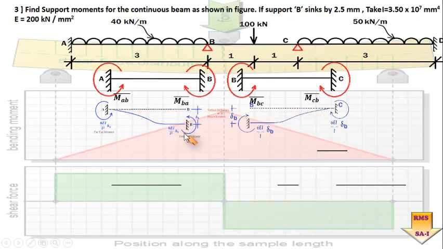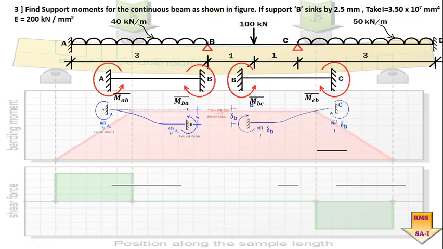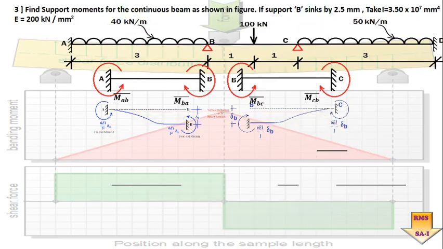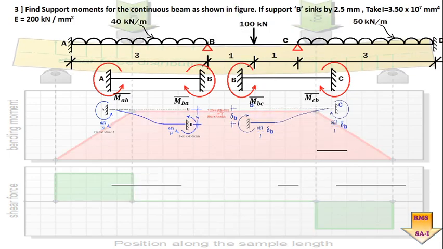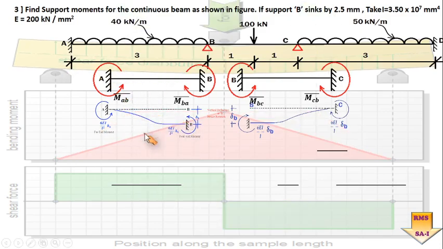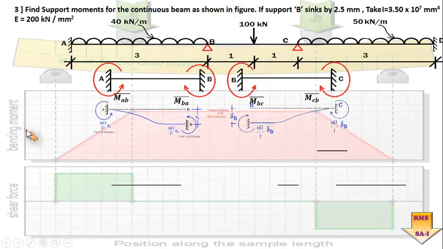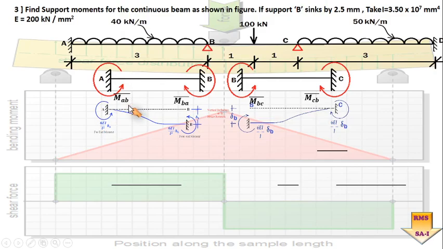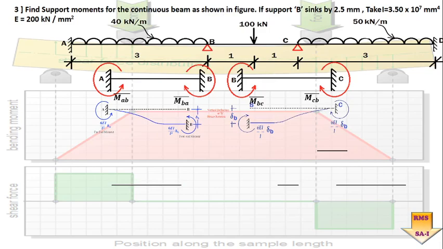So the first thing in this analysis of this continuous beam, as usual, is that we first of all find out the fixed end moment, in which we will definitely consider both effects: the first effect due to the fixity and the second effect due to the sinking of the support. So I have to combine both these effects for finding out the fixed end moment. What I am talking about was already learned in the earlier videos when we were dealing with fixed beams. So let us see what the fixed end moment is about points A, B and C.